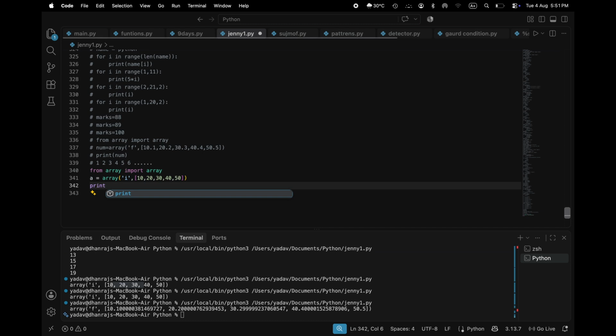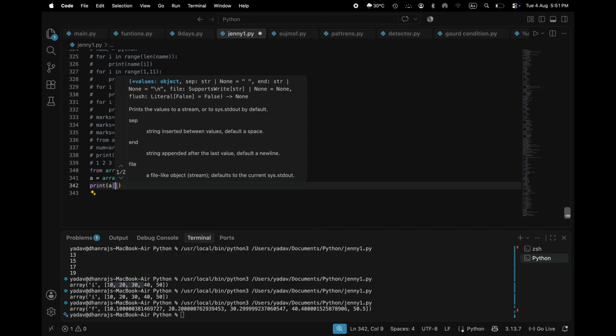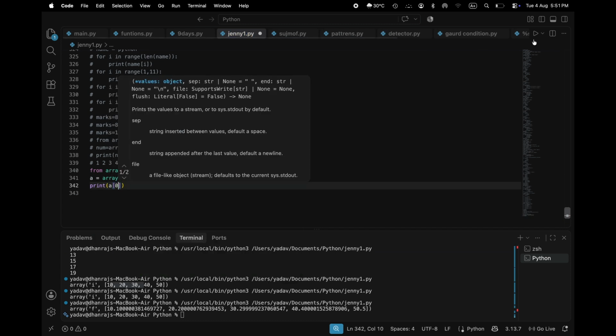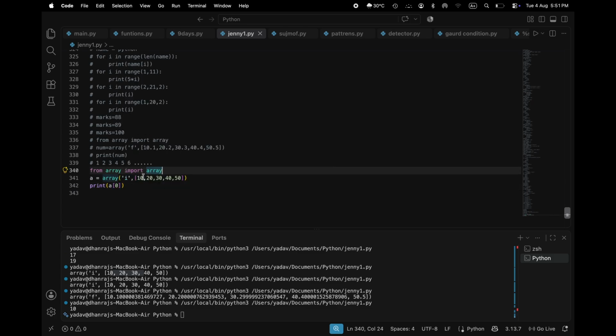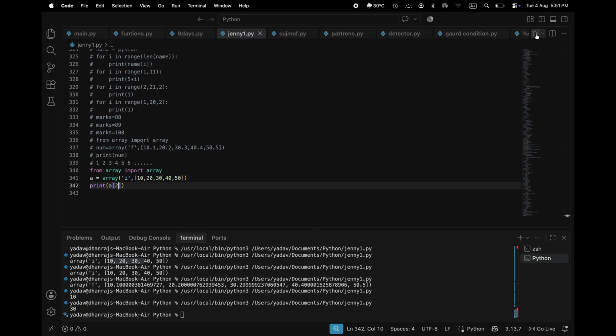So if I print a, then 0, the output will show 10, because at the 0 place 10 will be stored. Now if I remove the 0 and write 2, the output will show 30. So Python